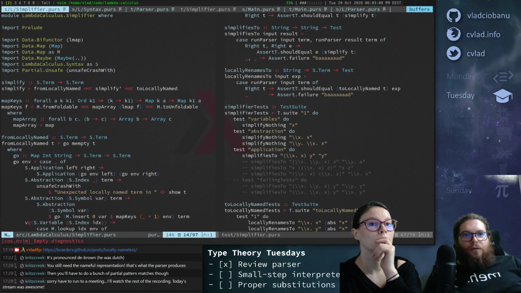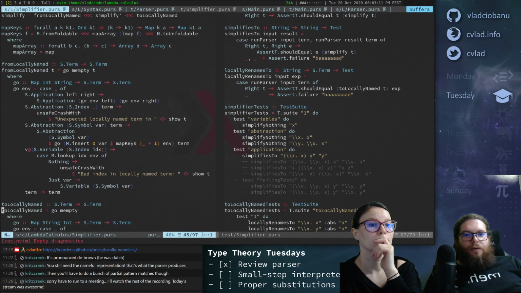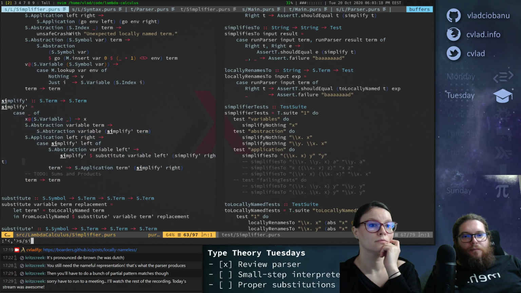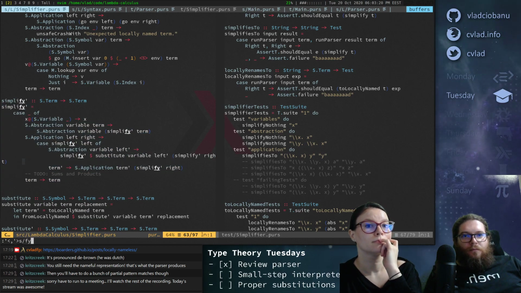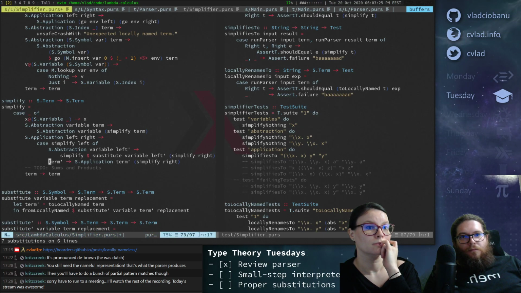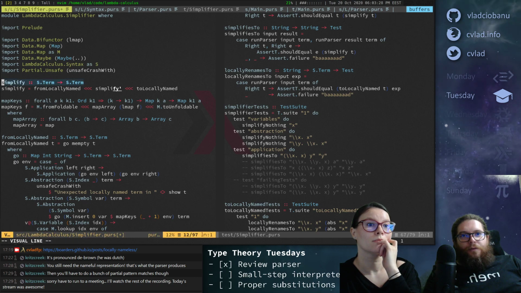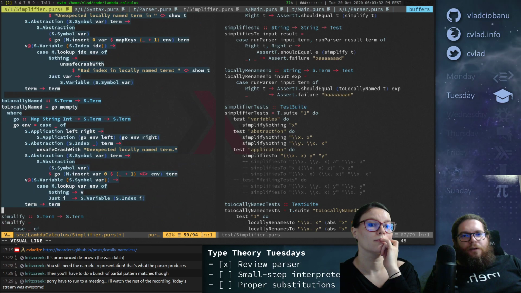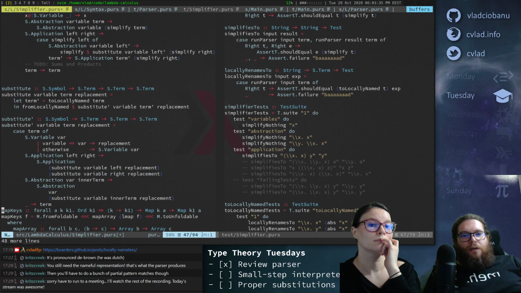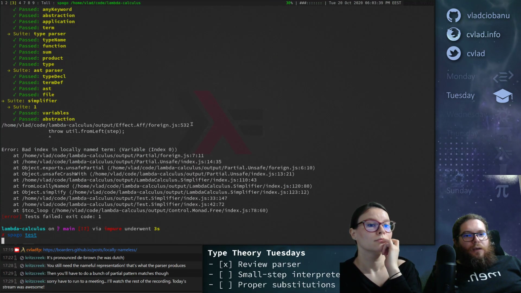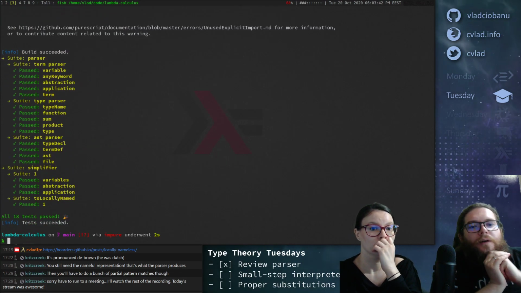And let's actually go back to this one, right? Simplify should be simple simplify, without. And let's move these two at the bottom, because the first thing we should see is simplify, and these are implementation details for substitute. Okay, so does this work now?